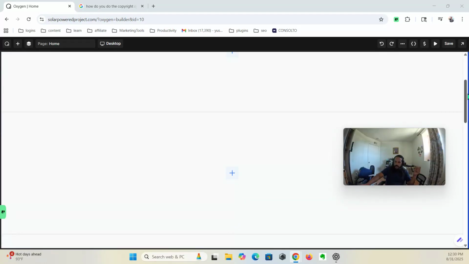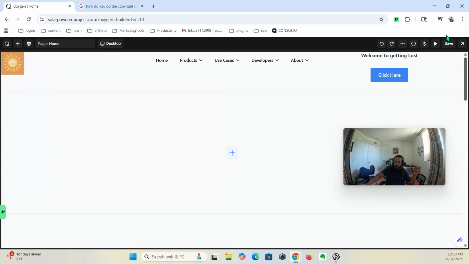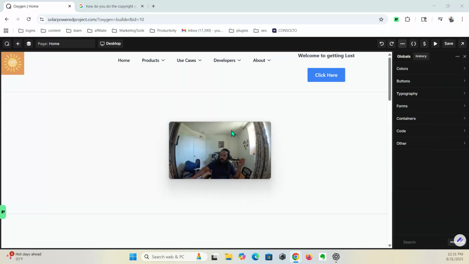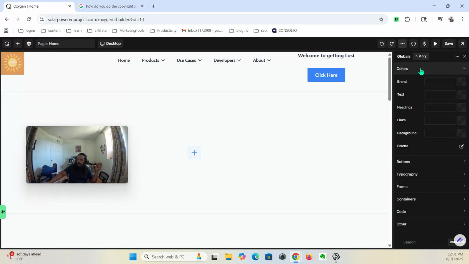We have our sections. Each one's gonna be something. But so it looks good. So we're gonna apply our global styles. So you go for global settings. Go here, colors,